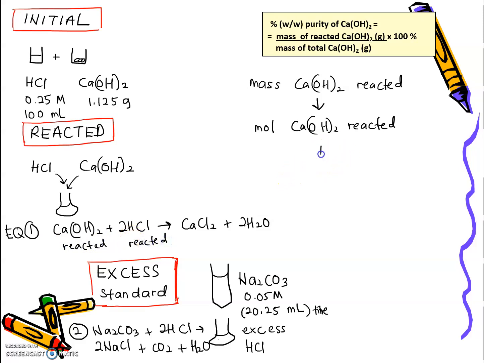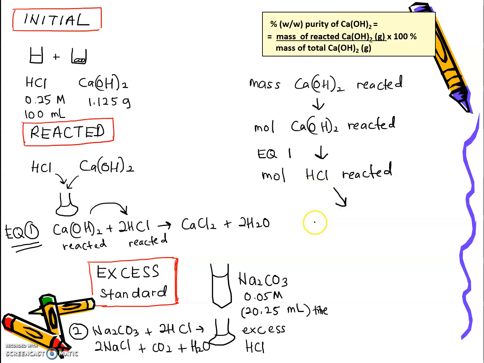Okay, so to find mole calcium hydroxide reacted, here you have to know the number of mole of hydrochloric acid reacted. Number of mole HCl reacted by comparing from equation number 1. By comparison from the equation you can find the number of mole reacted of calcium hydroxide. So to find number of mole of HCl reacted,